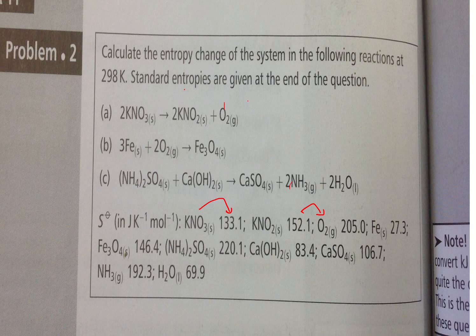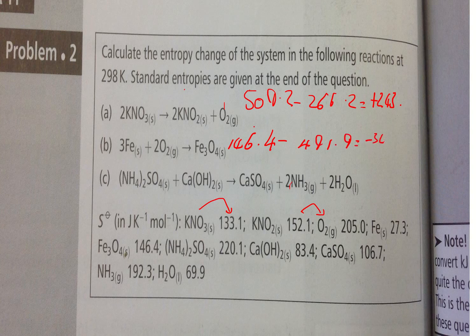Okay, so the first one, the entropy in the products, you should have had a value of 509.2 minus 266.2, giving you an overall entropy change, sorry, of 243. In fact it's just 243. The next one with the iron, you should have had 146.4 minus 491.9, giving you minus